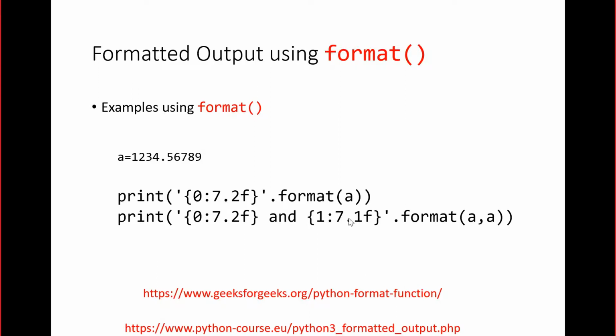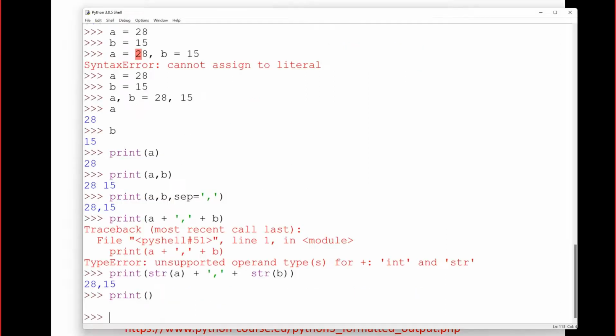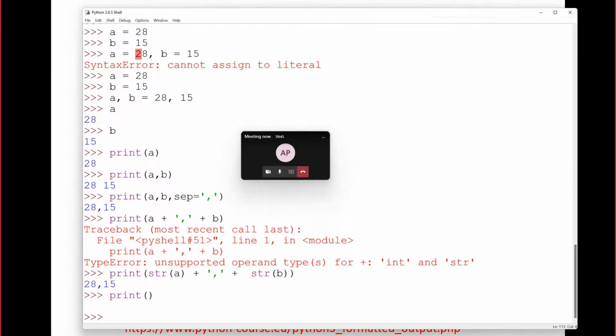Right. And then let me start like this. So here is how we are going to do. So in this one, we are using slightly different way. So we can say print